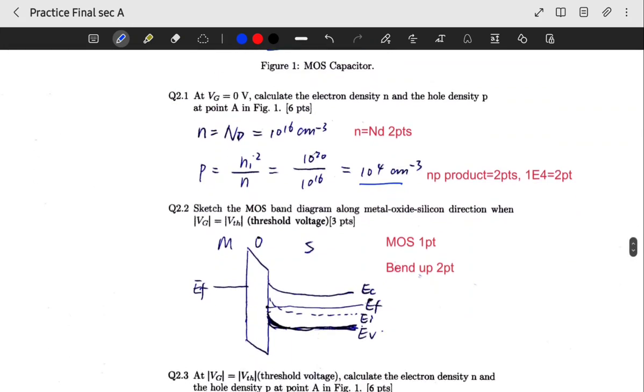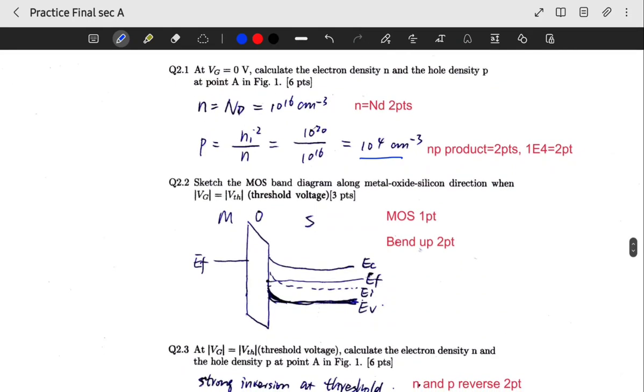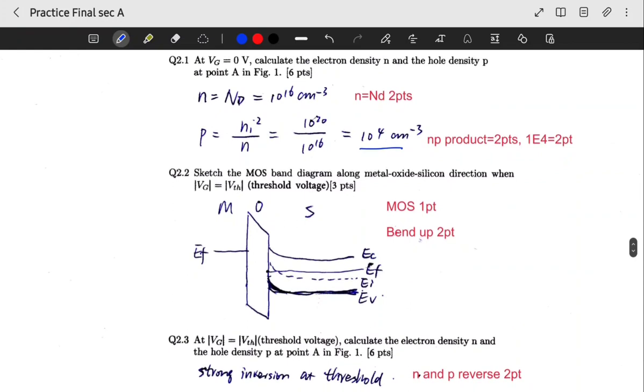And question 2.2 is sketch the MOS band diagram here. But you have to keep in mind this is P-type. So one thing you can do, you can start from equilibrium state. So I would say we have MOS, we have EF, and we have EC, and we have EF,